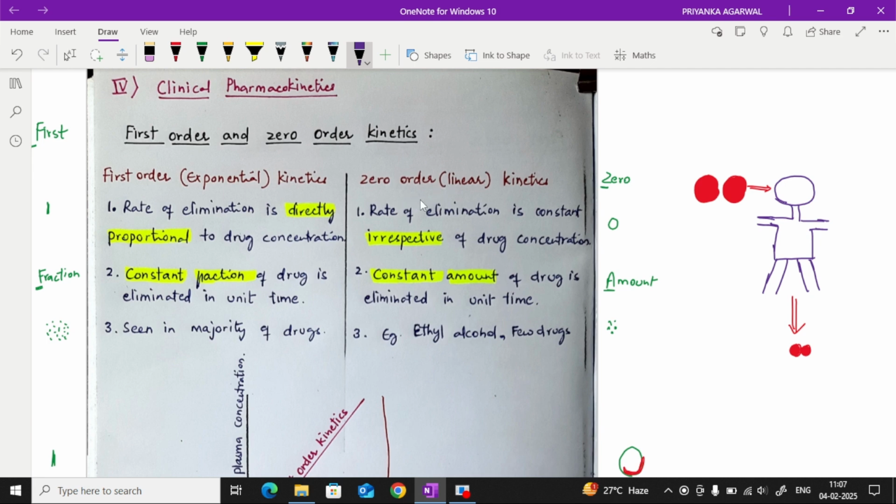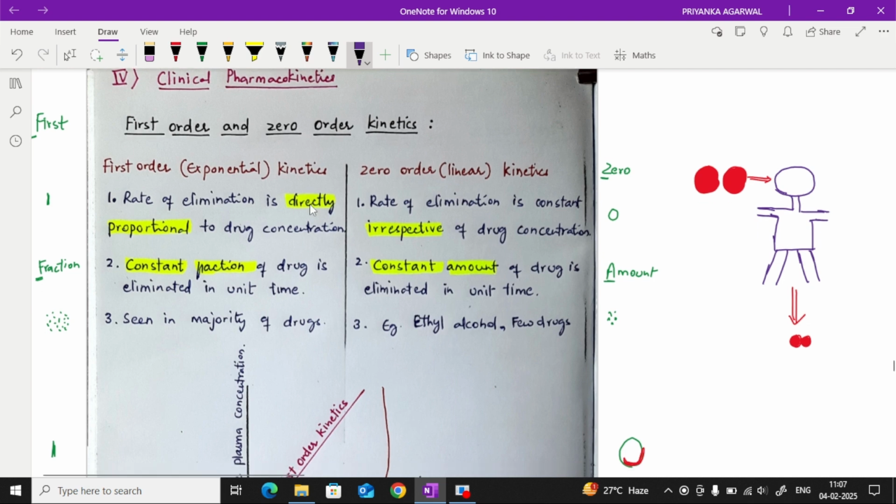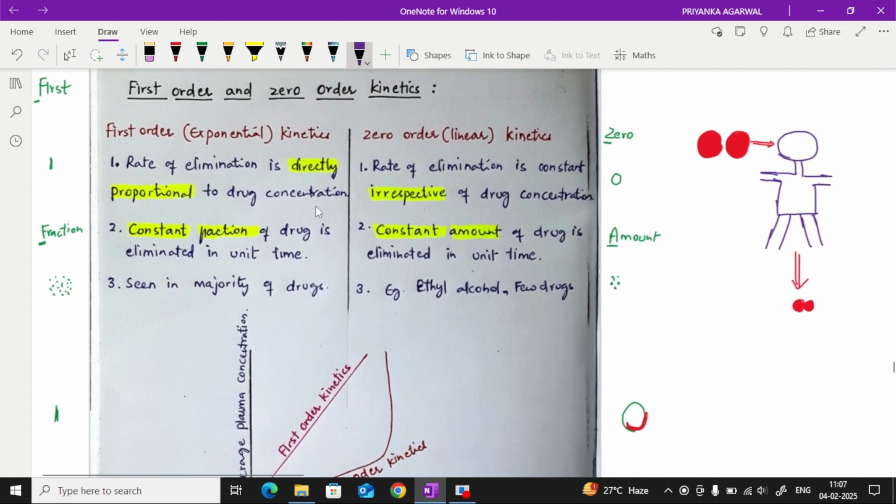But the most important thing is how do you remember this? In the exam it gets very confusing, right? So just remember it easily with this tip. Write first here, first is 1, right? So it is yes. So 1